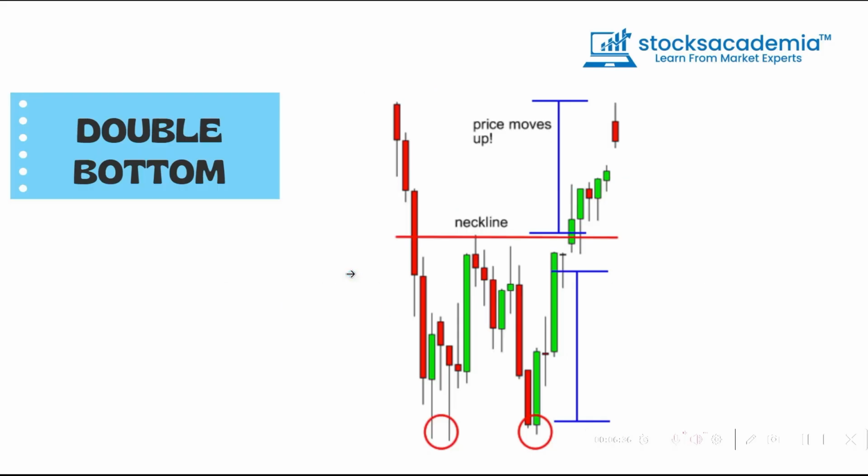The double bottom is also a trend reversal formation, but this time we are looking to go long instead of short. This formation occurs after extended downtrends when two valleys or bottoms have been formed. You can also notice how the second bottom was not able to significantly break the first bottom. And this is the sign that the selling pressure is about to finish and a reversal is about to occur.